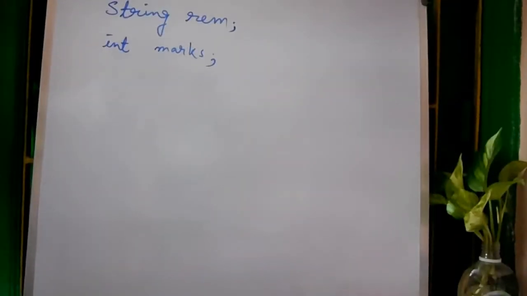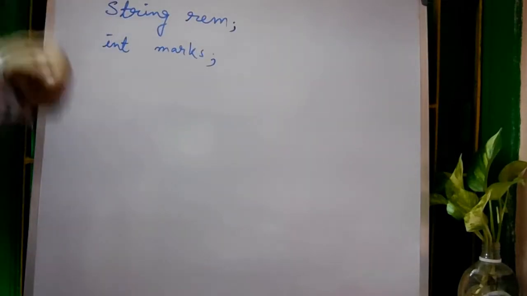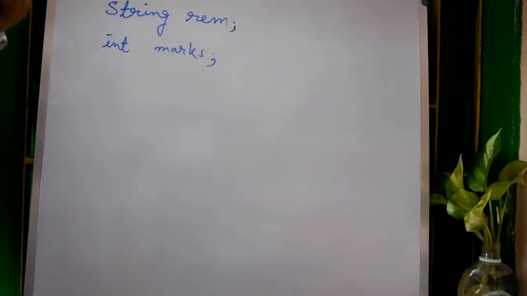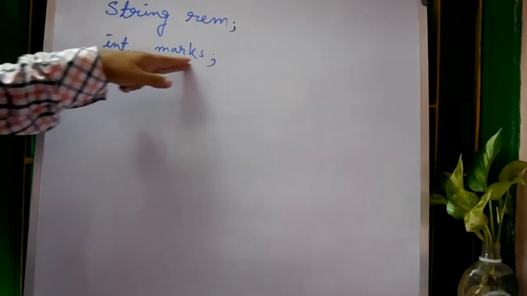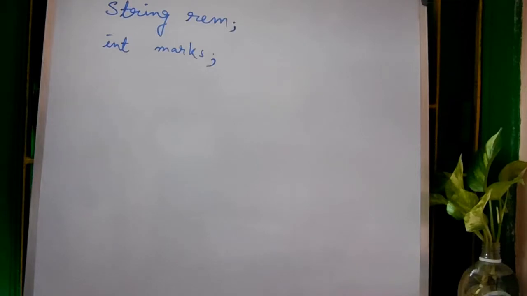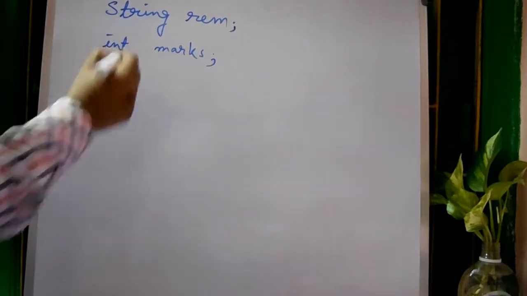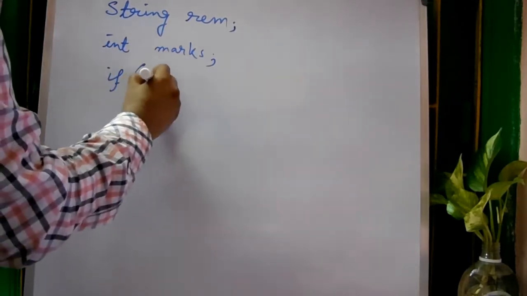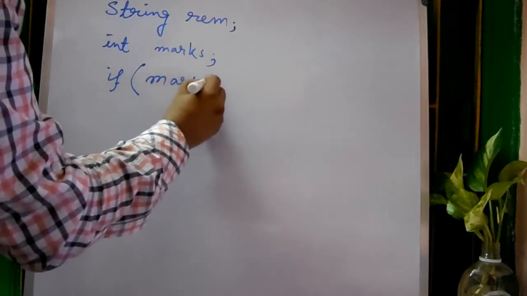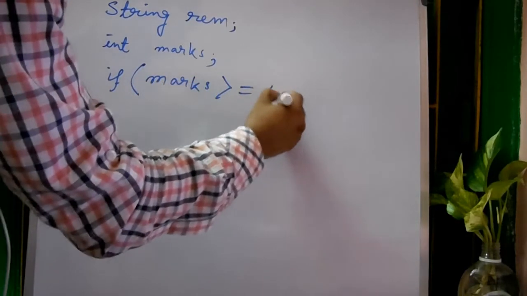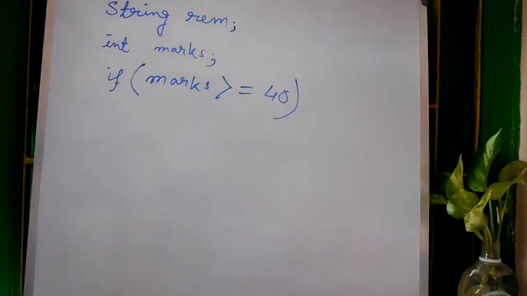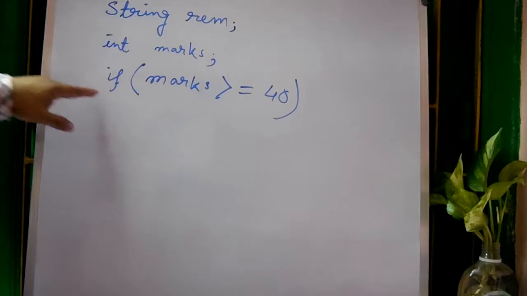Marks you have taken as input, and the remarks we will calculate or find. How will we find it? On the basis of the conditions, and that condition will depend upon the marks. So how will we write it in code? We will apply the if statement. So, very simple: if marks is greater than or equal to 40, which I have just said, the same English statement I am writing through the code.